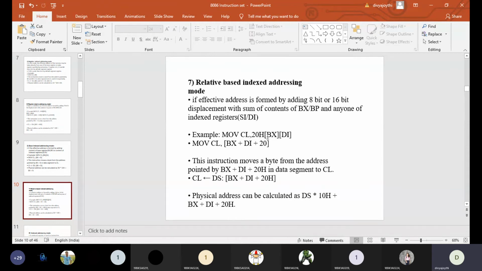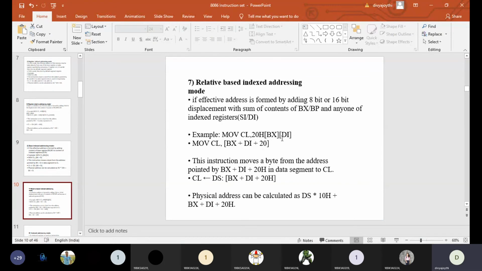Now see the source format. What is there in this source? An index register is there. A base register is there. Relative: when you see the word relative, some number should be there. So this is how the instruction will look: MOV destination register, comma, one base register, one index register and one displacement value. As the base register and index register are within the braces, here also they are carrying offset addresses only. So the offset address of the index register and the offset address of the base register will be added to the displacement.